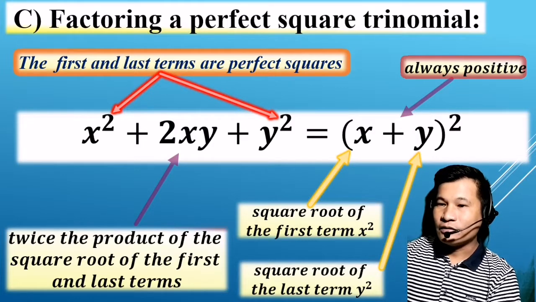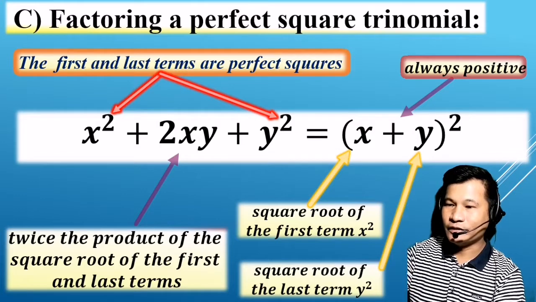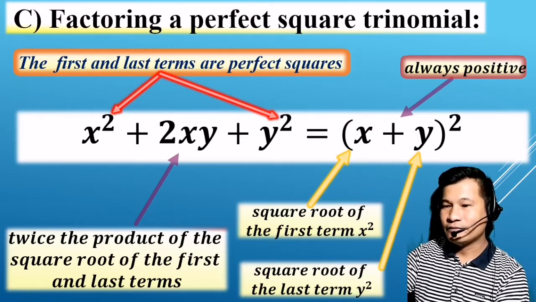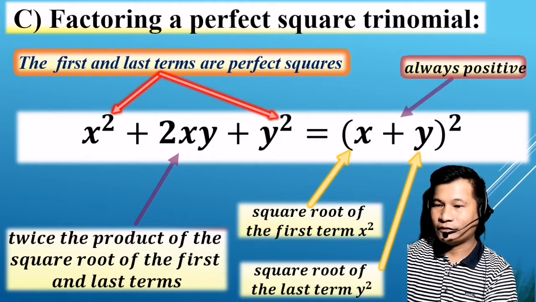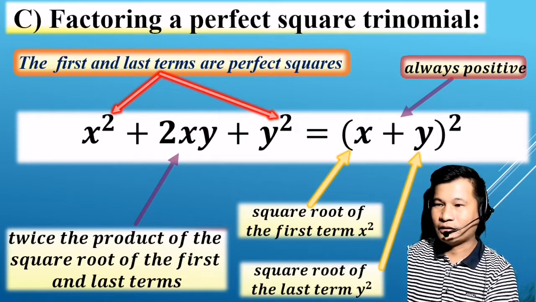How to get the factors? First, we have to get the square root of the first term x squared, that is x, and then get the square root of the last term y squared, that is y,